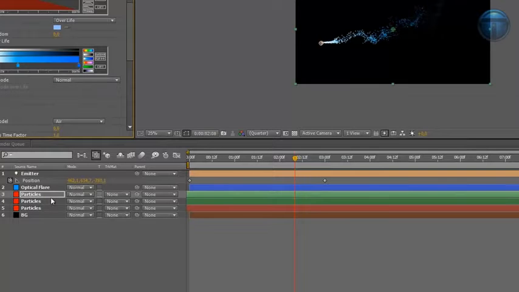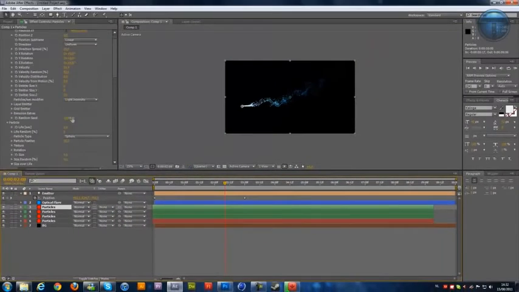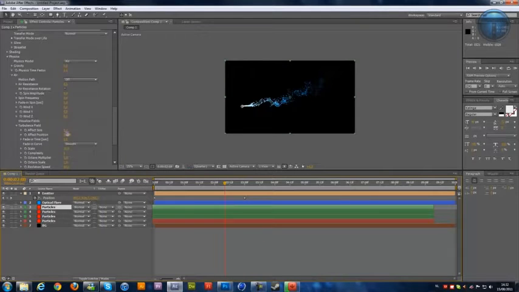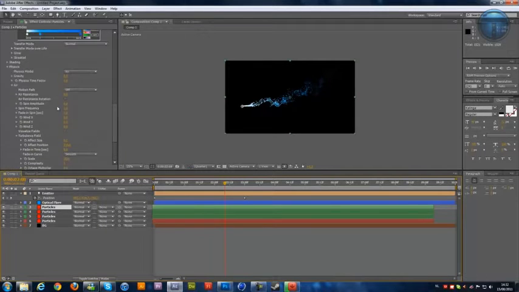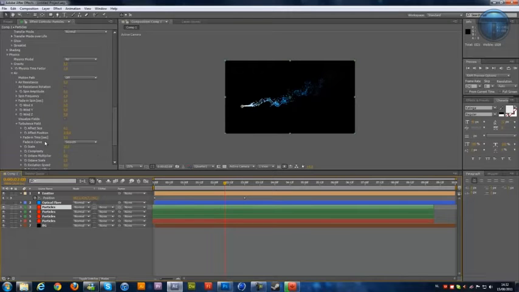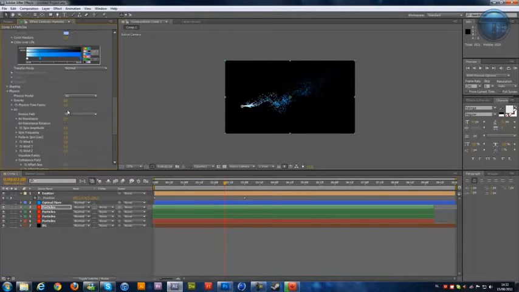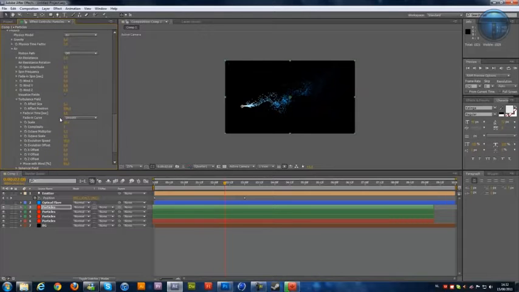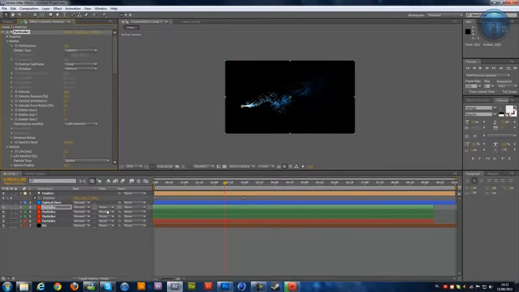Okay, and now we can again duplicate these particles, and now we are going to affect the position again. So affect position right over here, and change the size from the particles to 1. You can keep doing this all the way, so you can get like 10 or more layers doing this, and you'll come up with something nice, or maybe with something that's overdone. We don't want that. So right now we have these particles flying